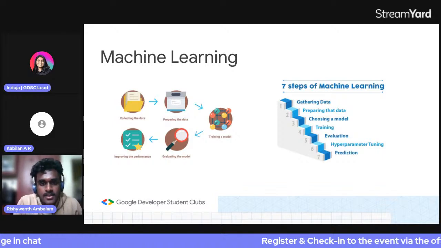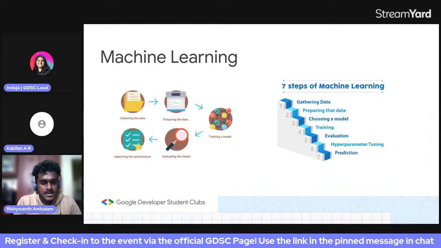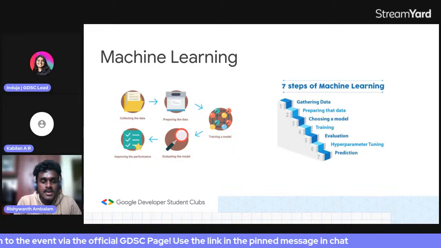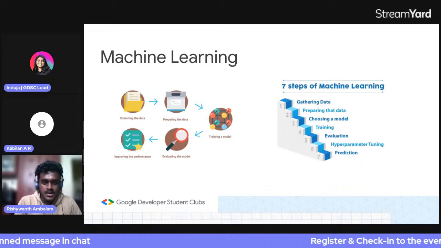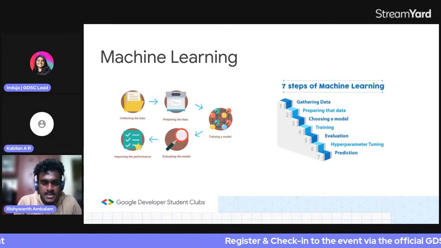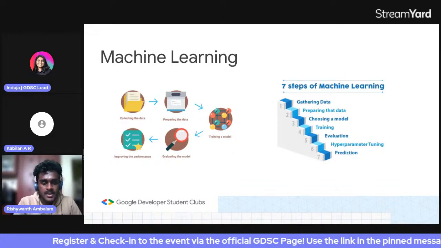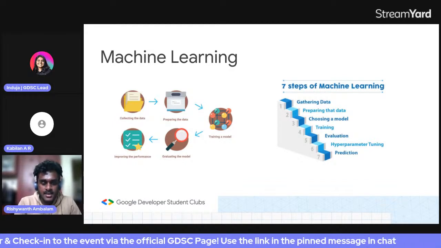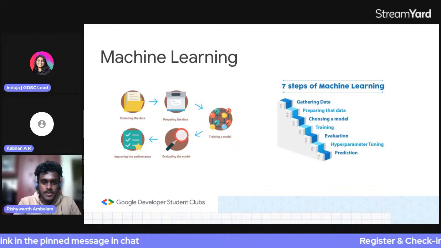Next, choosing a model. Choosing a model is nothing but creating an algorithm. There are tons of basic machine learning algorithms such as regression, k-nearest neighbor, support vector machine, etc. So you need an appropriate algorithm to process the data set. And training is basically giving that data set to that algorithm and making it do its thing. It will train that algorithm, so that if you give any input regarding that data set,